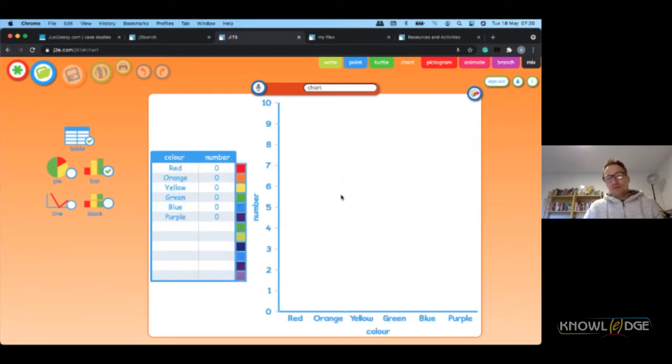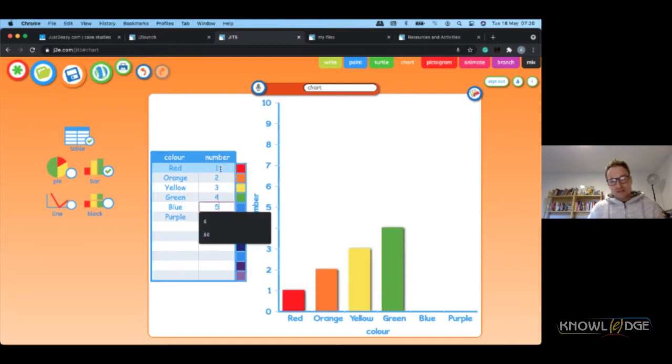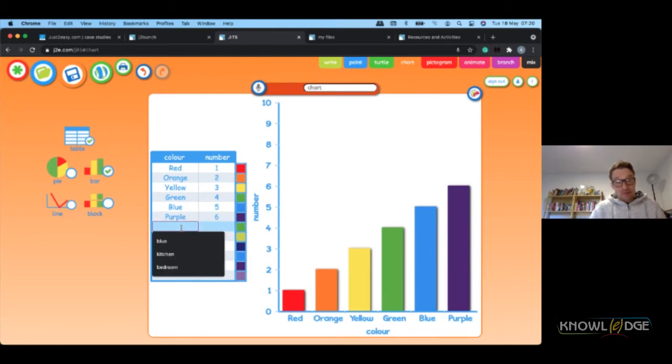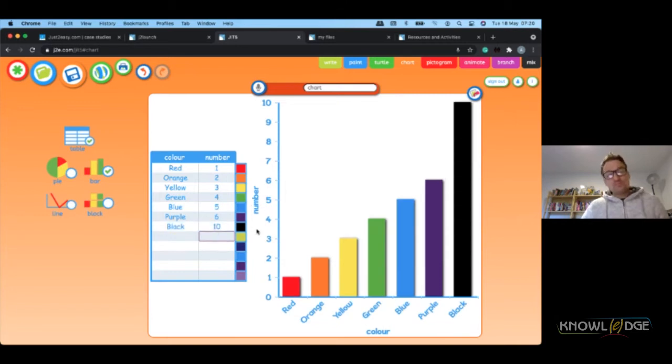Again, you have an opportunity to put a template in, use one of the existing templates here to build a chart very quickly. But I'm going to simply enter some numbers into this chart, and you can see how easy it is to start building a really simple chart very, very quickly. Now I've got the data that I've collected. I could add more into it if I wanted to, so let's have black. Let's spell that with a capital letter, and let's put 10 in there. We can count anything we want.